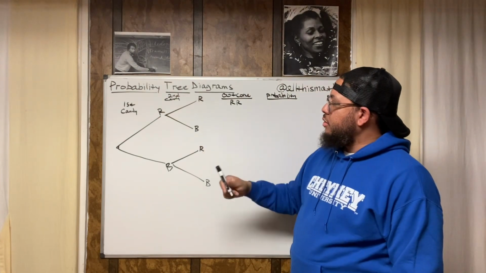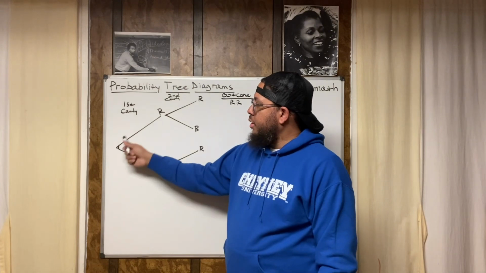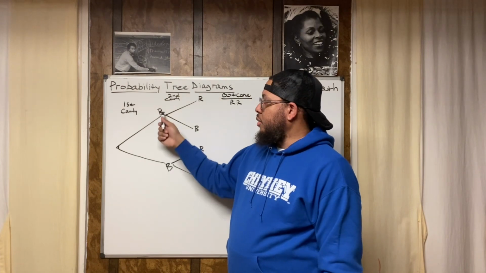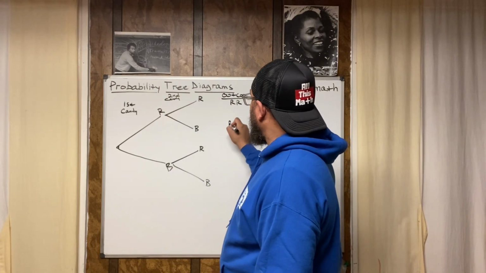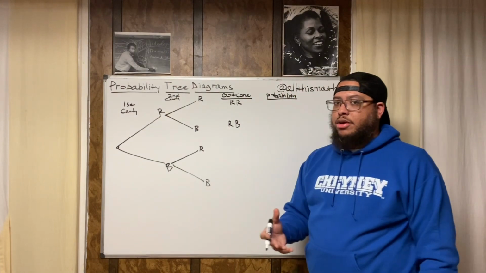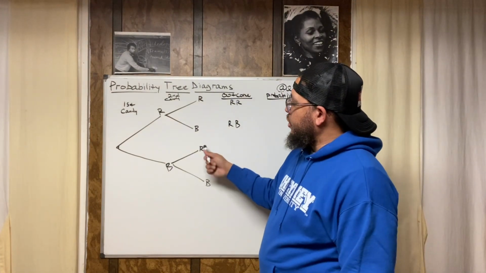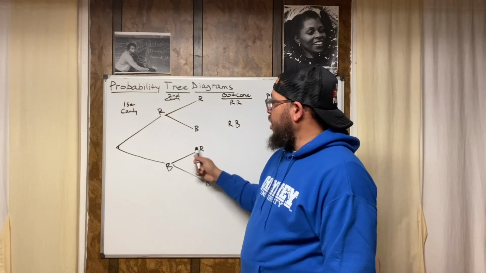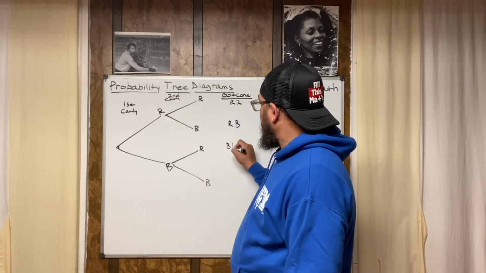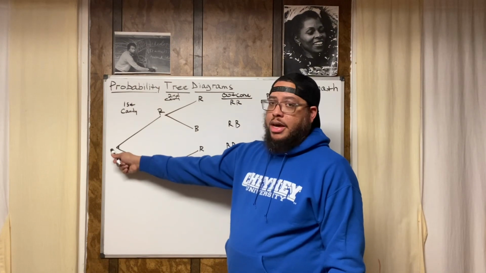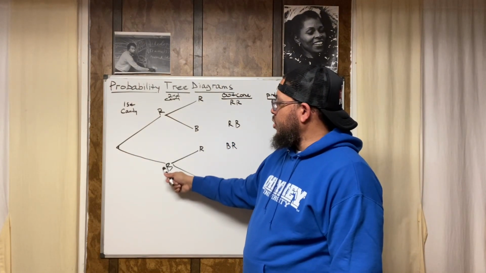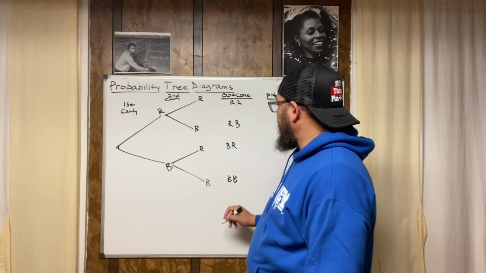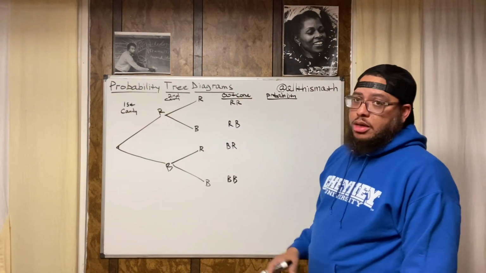Then we're going to do the same thing for this. So how do we get here? We start here. She pulls out a red first. Then she pulls out a blue. We're going to call that RB, because she went to a red, then she went to a blue. So you're seeing the pattern now? So what are we going to call this one? She starts here. She pulls out a blue. Then she pulls out a red. We're going to call that BR. Then we go back here. Go into the bag. She pulls out a blue. Then she pulls out another blue. We call that BB.